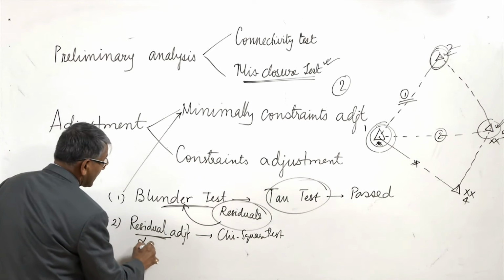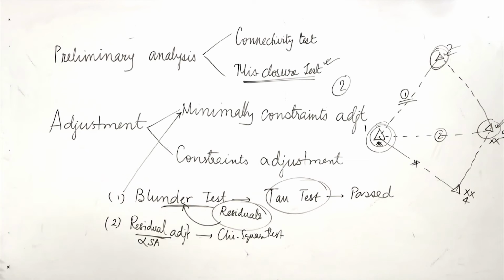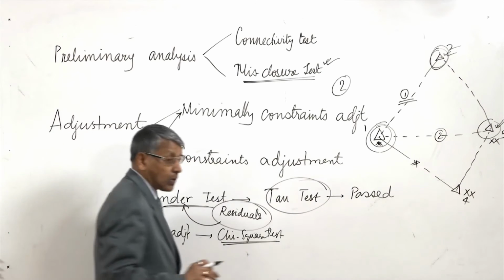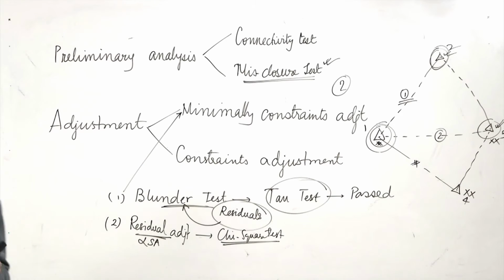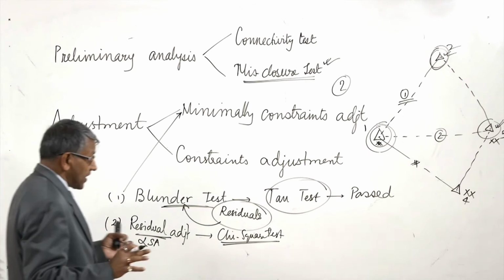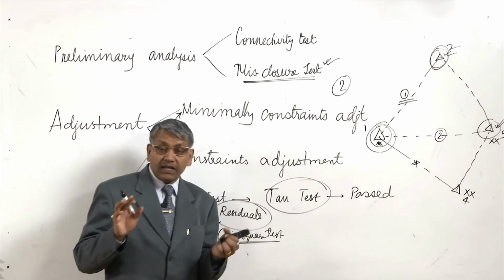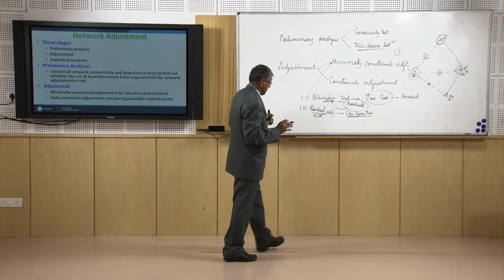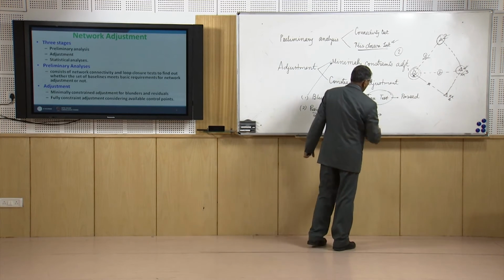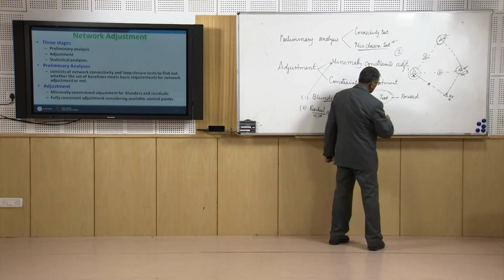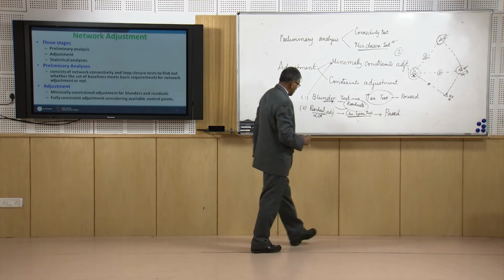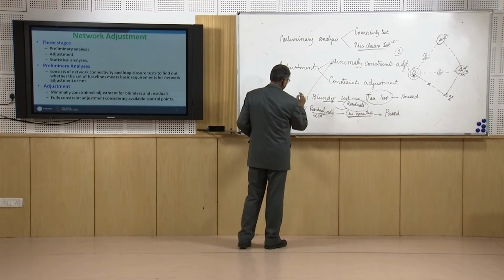Residual adjustment is done by using a method called least square analysis. Through least square analysis all the residuals get adjusted, and then we should carry out a chi-square test to check whether our distribution of residuals satisfies the criteria to be observed for our adjustment or not. Until it passes we should continuously carry out the test, and once it has passed we go for the third test, that is